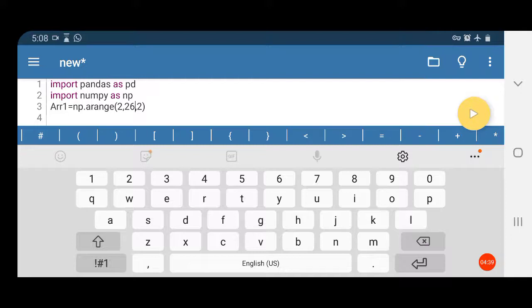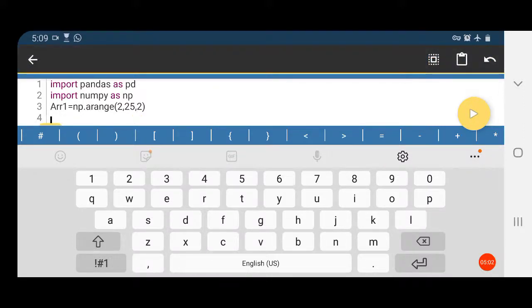Now, if you give 25 also, the limit will be correct. So, for both the values, it will produce the same output.